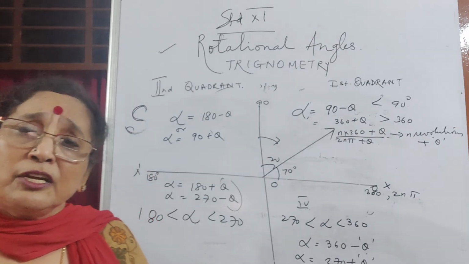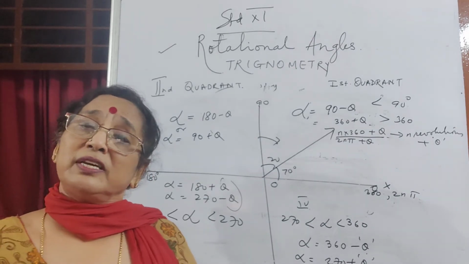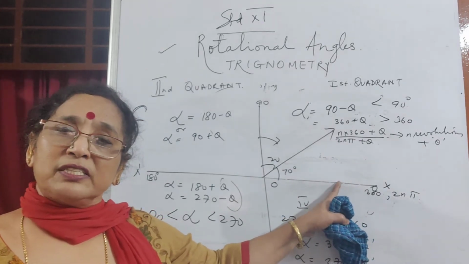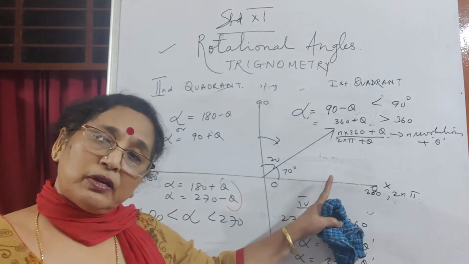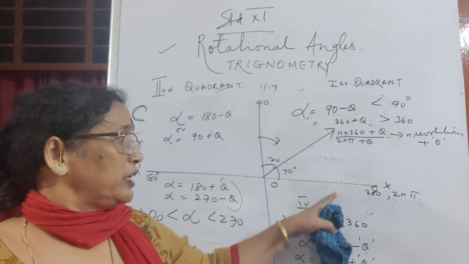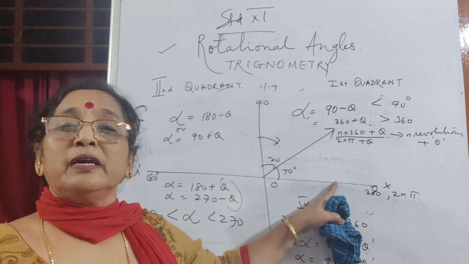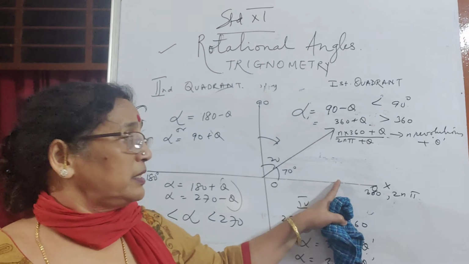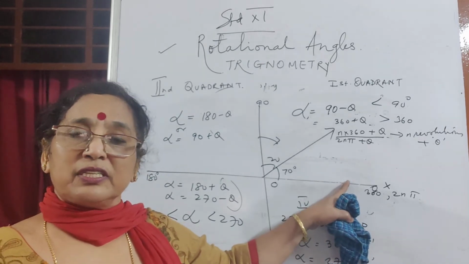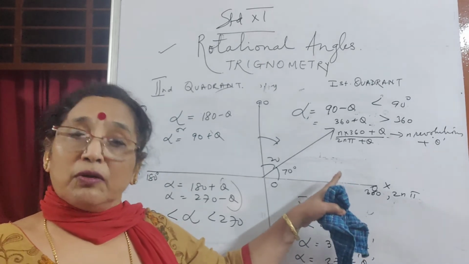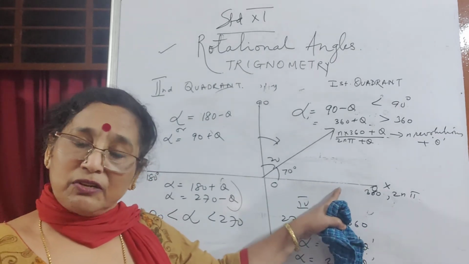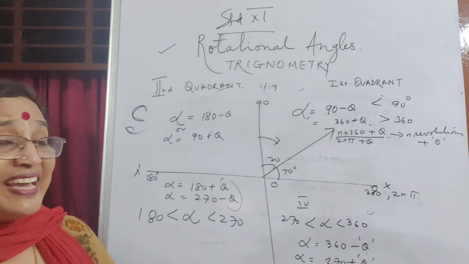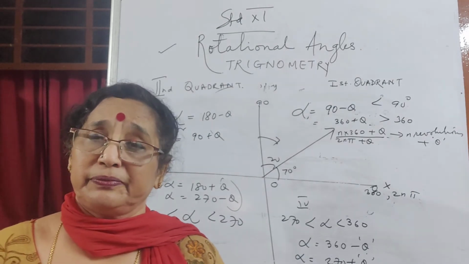Or some child does 270 plus 30. For him, theta is 30. Both are correct because this is the 0 line, 360 line, 720 line, or a line of n multiples. When you reach here it means you have completed n revolutions, right? So 0 is not even completed. So 0 is the starting point, 360 you come here, 720 you will stand here, 1080 will stand here, 3600 will stand here. Okay. Now knowing this, why is sine 120 positive?